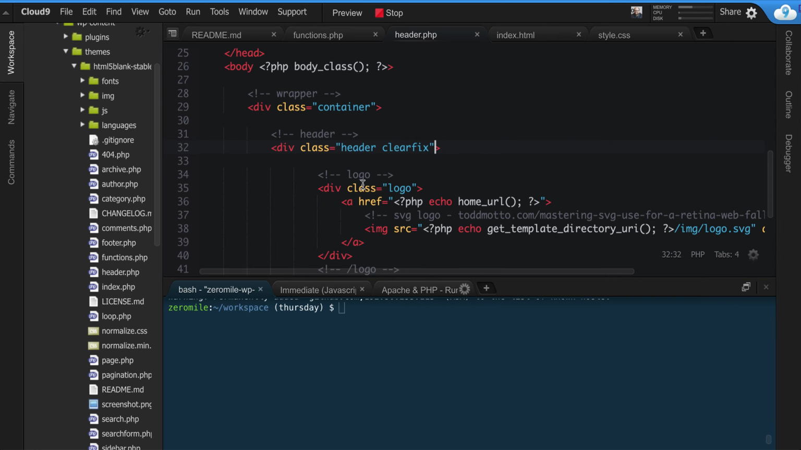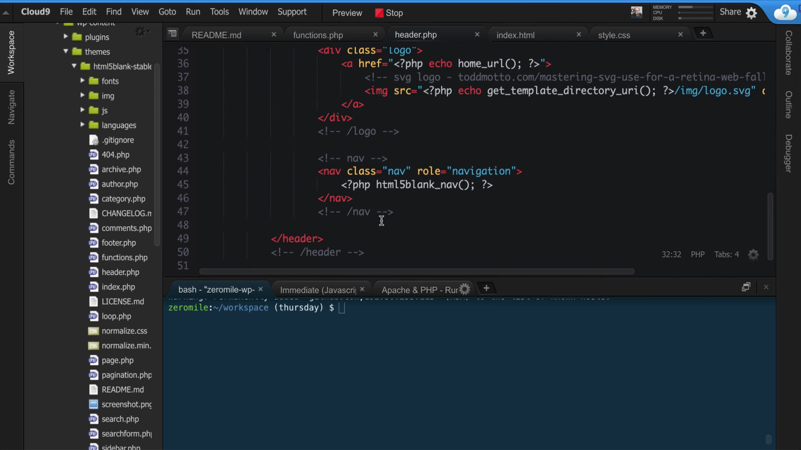All right. And our div that contains our navigation, this right here is a PHP function that's actually in the functions.php file. This loads up our navigation. And so what we're going to do is make a change to this. Oh, you know what? First, before we do that,